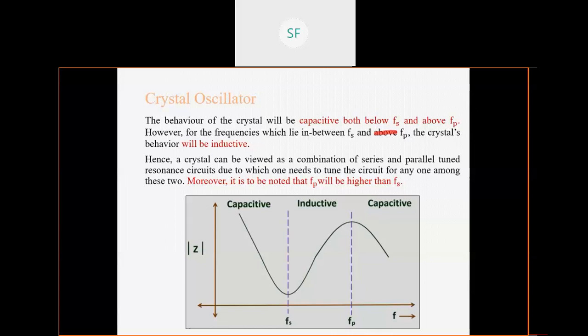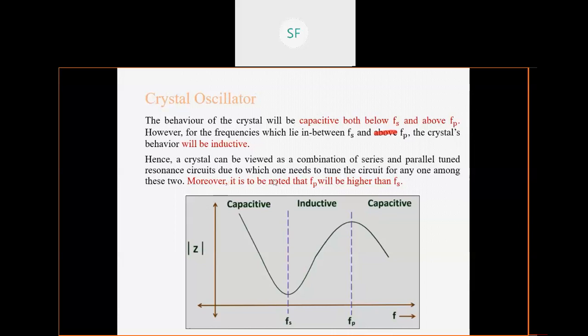Okay, either you can use the series resonating frequency, meaning at which frequency your crystal will oscillate. What do you need at the output? At the output you should get sustained oscillations. So whatever oscillations are produced at the output, you can design them at two different values. You can oscillate your crystal at the series resonant frequency, or you can oscillate your crystal at the parallel resonant frequency.